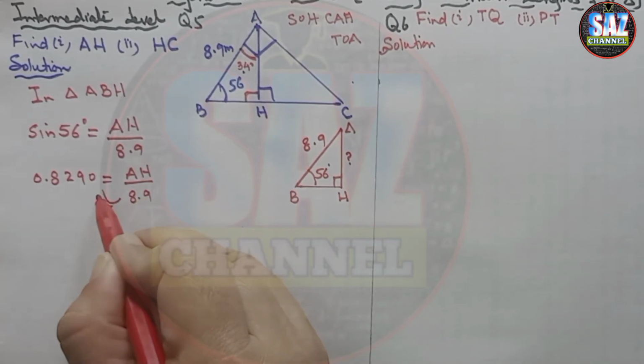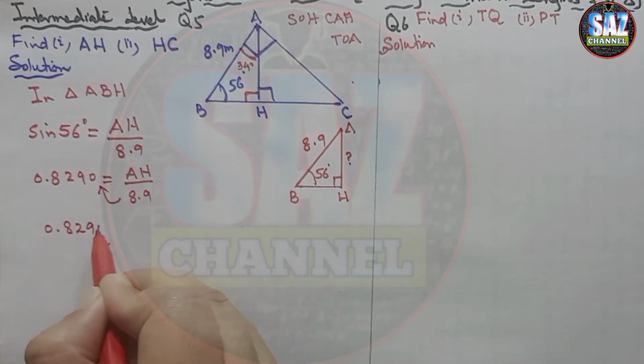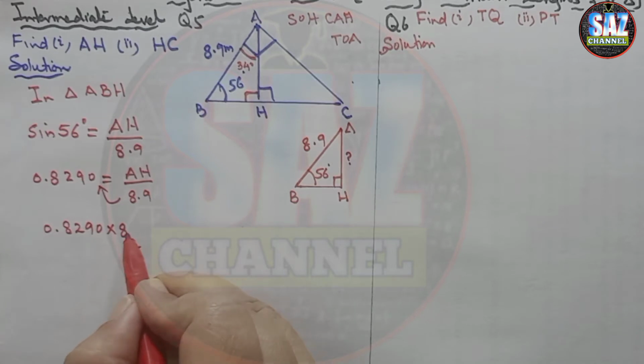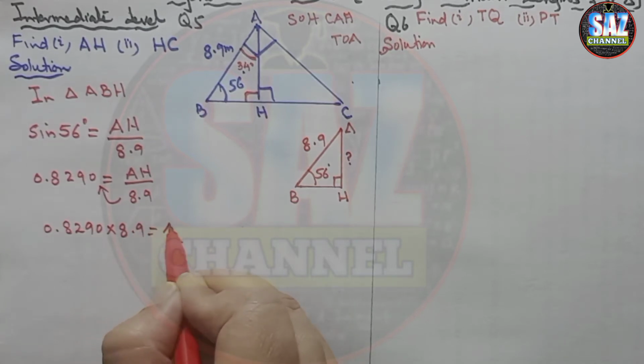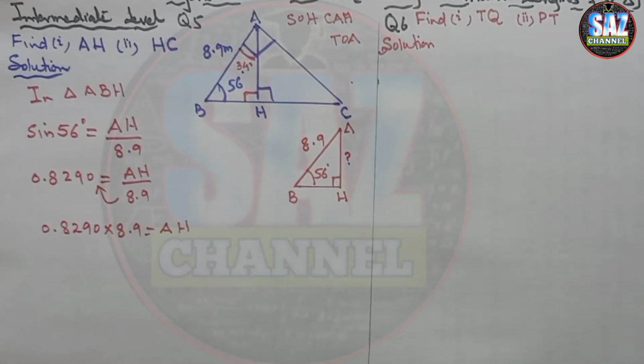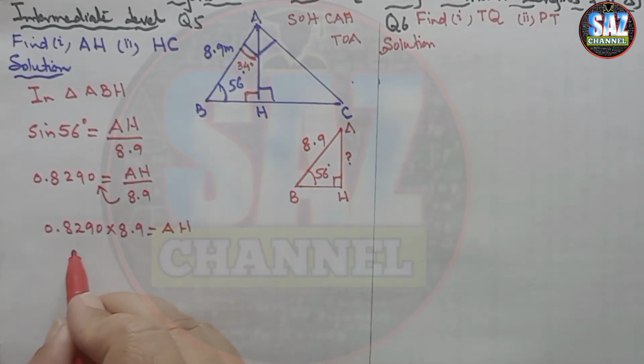Now go for cross multiplication. That 0.8290 will be multiplied by 8.9 equals AH, and now multiply 0.8290 by 8.9, and this gives me